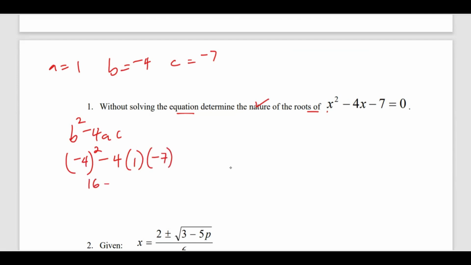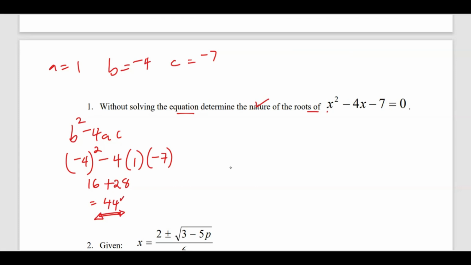That's 16. What is 4 times 7? Last time I checked, it was 28. Yeah, it is still 28, it's not going to change. So 16 plus 28, what do we get? I'm getting 44. All right, so if 44 is our answer,